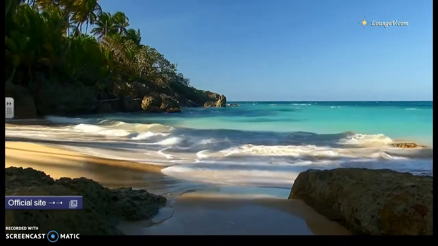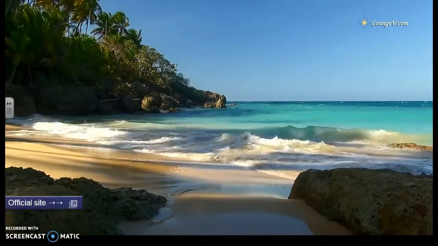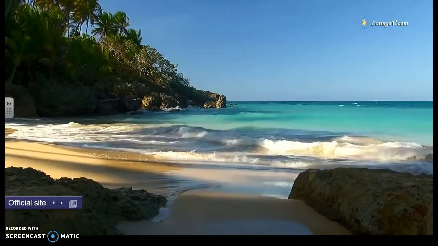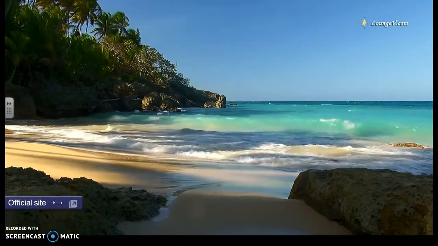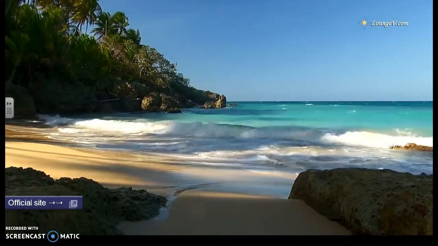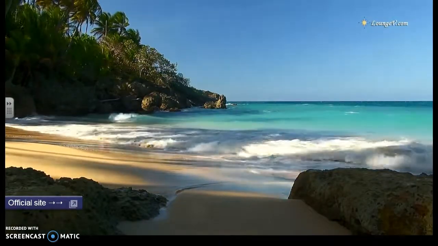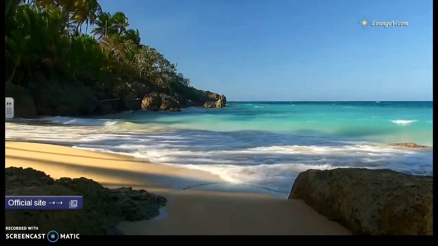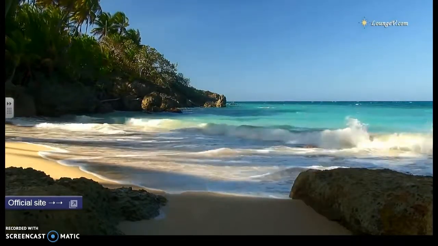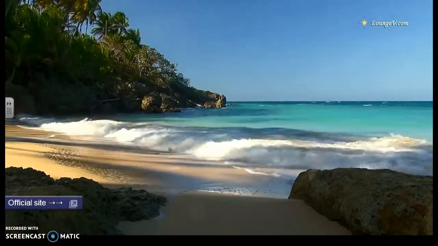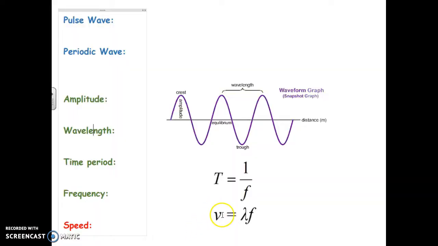If you're a water wave, you'll travel very differently through the water than you would through the sand or through the ground, where we would call you a seismic wave or an earthquake wave. If you're a sound wave, you'll also travel differently through the water, through the ground, and through the air. Wave speed is directly proportional to wavelength, lambda, and to frequency,